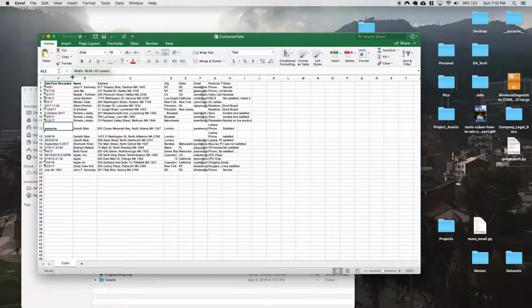So this file is customer calls made to each customer, and there's a date format in it, date time recorded. And here we have dates in all different formats. This is not a date, so what I'm going to do is put the date here, which is this one. I'll just fill this in, and this is very important, as you'll see later. In order to use this method, you have to make sure that all the dates here are some sort of